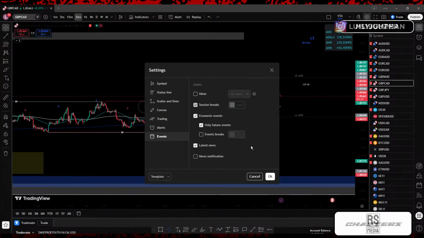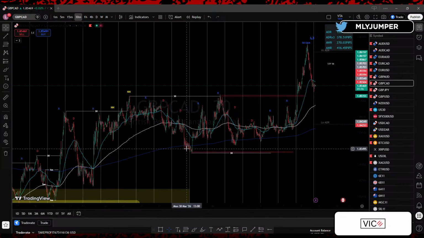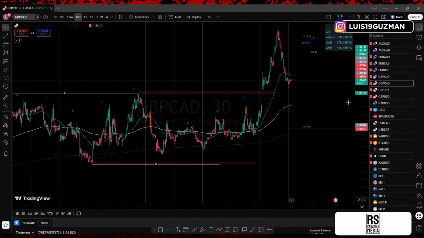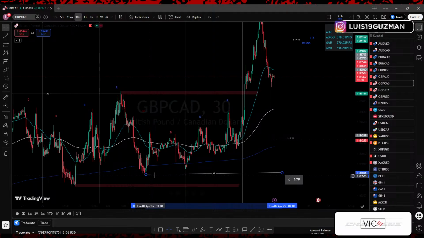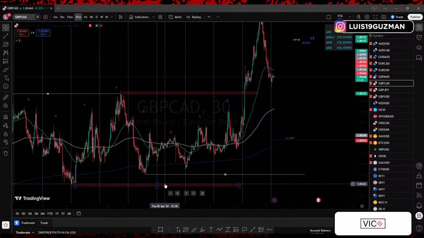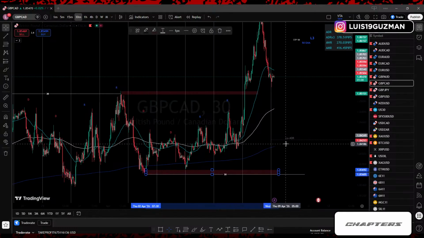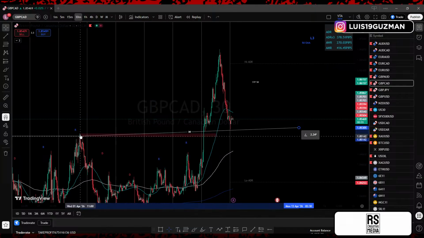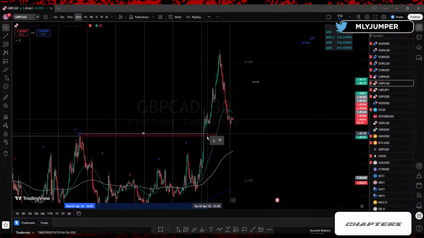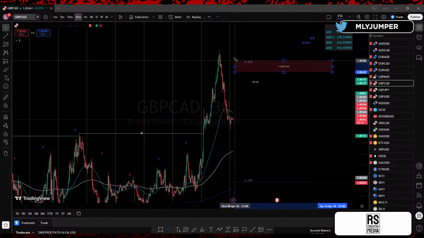30-minute time frame. Look at structure. We had higher high, higher low, higher high, higher low, higher high, higher low. Then price gave us another higher high point. So we know that we're trading between these higher lows down here and this higher high over here. All the way to the top side.